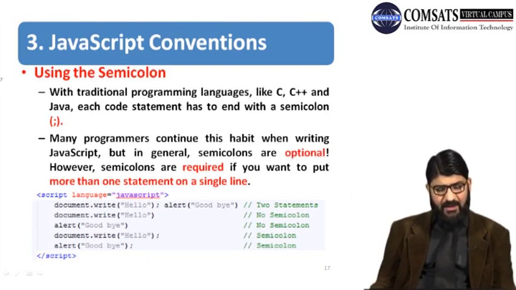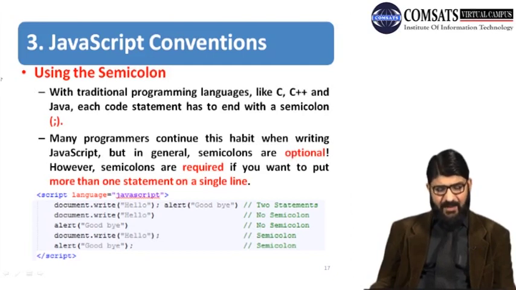But if you want to write a semicolon, it will be mandatory if you want to put more than one statement on a single line. So if you write a piece of statement and then on the same line you want to write another statement, it is mandatory to use the semicolon in JavaScript. But if you are writing different statements on different lines, then it is not necessary to put a semicolon after each line, which shows that the semicolon is optional. So fewer errors will be displayed at compilation time.